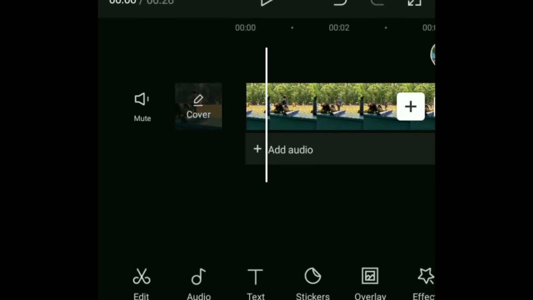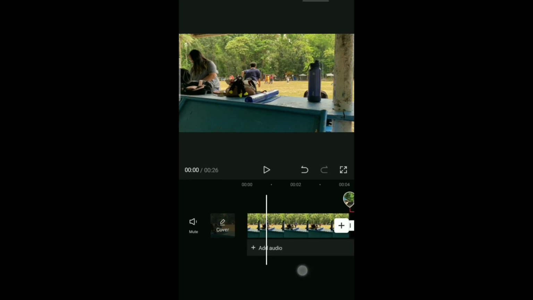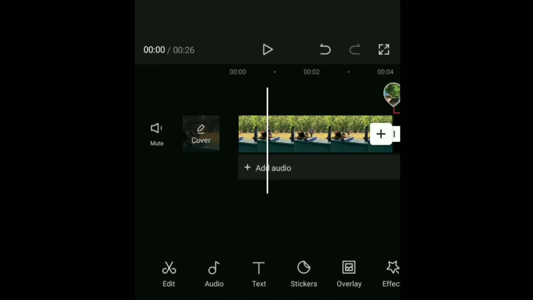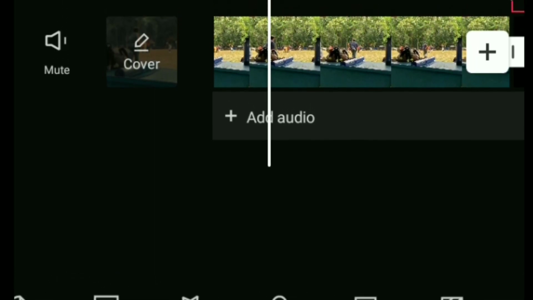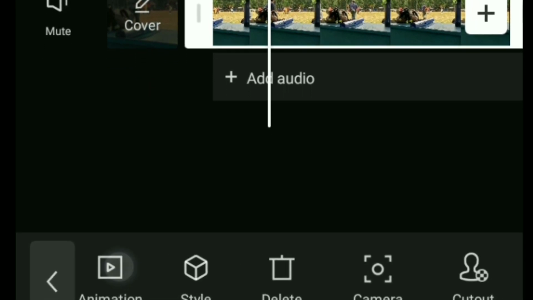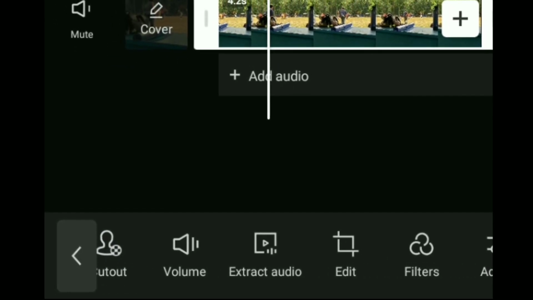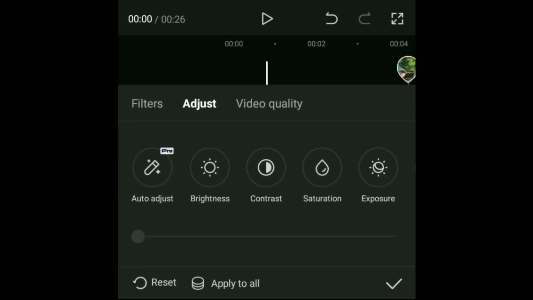So first, import your video. It's simple, just open CapCut, press new project, then go to adjust, just click the clip and go to adjustment, click that, and then